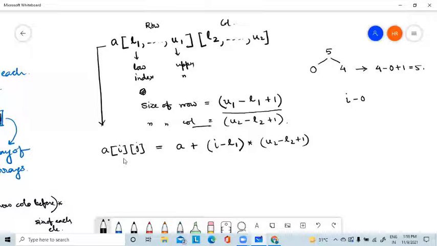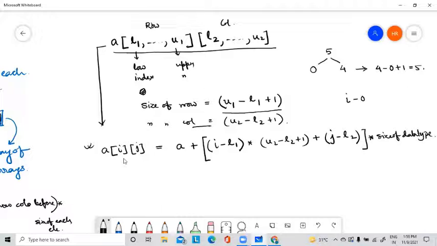Then we have to move forward for some columns. How to calculate? It will be j minus L2. So this will be multiplied into size of data type, then I will get the address if array is represented in this form. This is for row major representation. Remember, this is for row major representation, and it is very simple.